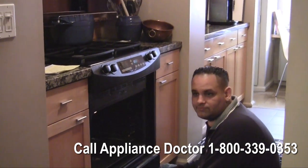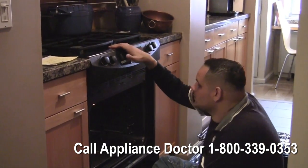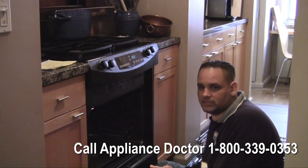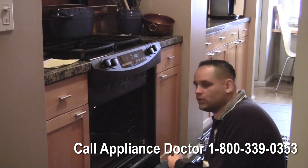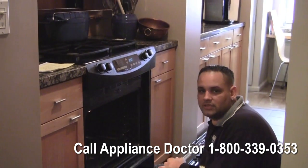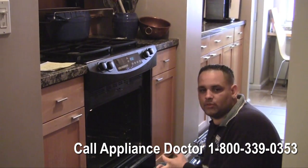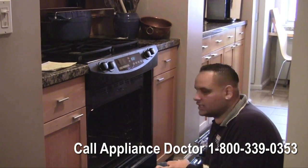All right. Cool. Now that we know we're getting power to the igniter, we know, for one, the board is working, obviously. The safety valve is working, and the relay board is working. A lot of times with igniters,